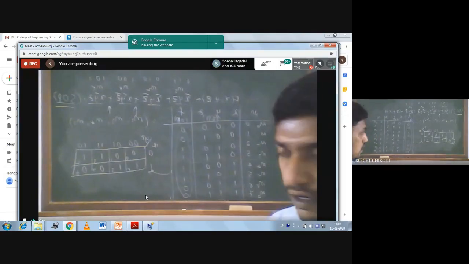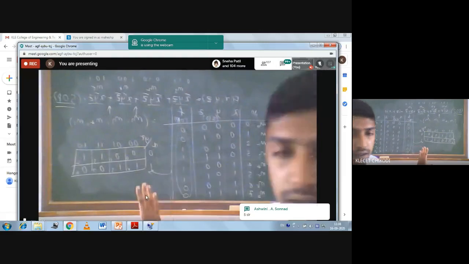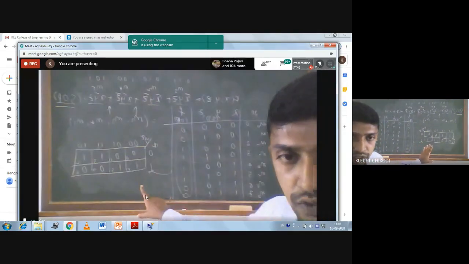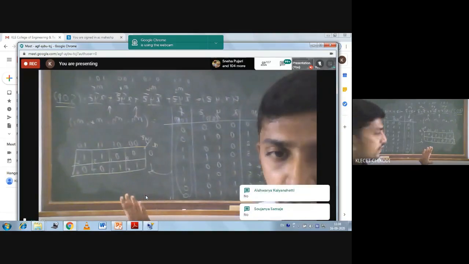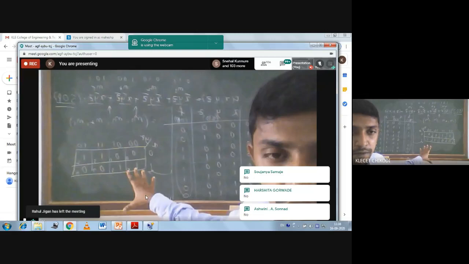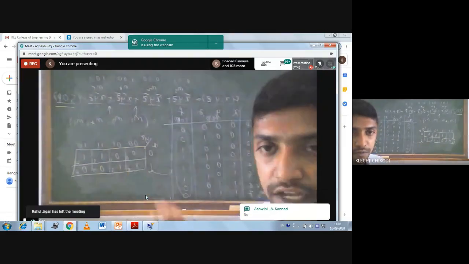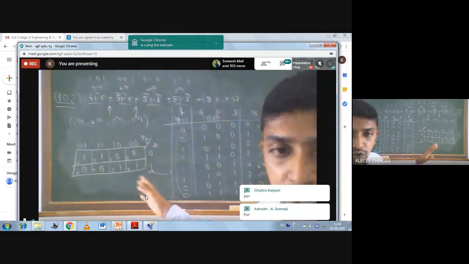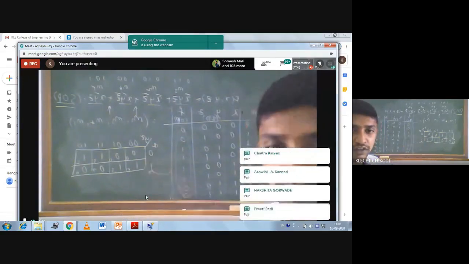Fine. Now tell me whether the quad is possible here? No. Then first you have to look for the octet. Octet is not possible. Then you have to go for the quad. Whether the quad is possible, again it is no. Then you have to go for the pairs. Pair is possible. How many pairs are possible? So there are 2 pairs.